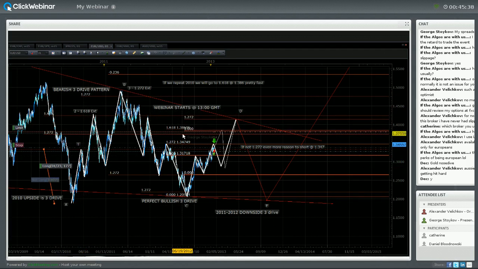extension. Now, if we are repeating 2010, which I think we very well may be, we would not expect the 1272 extension to hold, which is last year's high, the 1.347s. We would expect the 161.8 extension at 1.386 to be the one holding. Now, this is the biggest reason why we decided not to short the 1.347, along with the fact